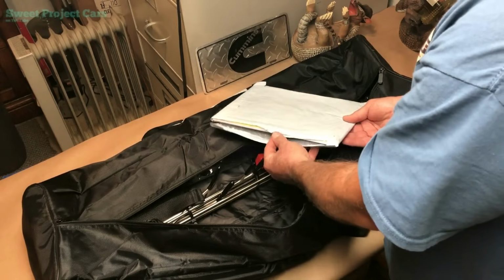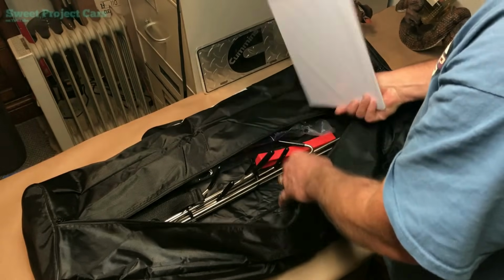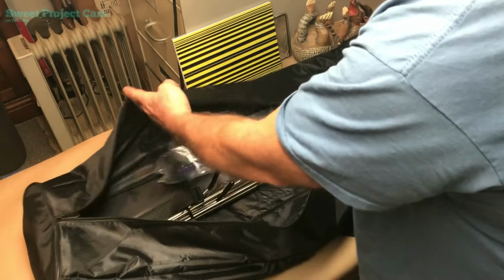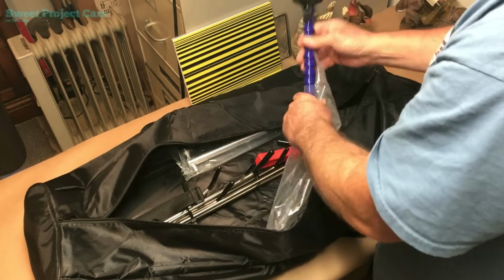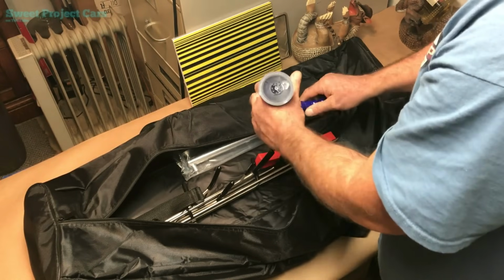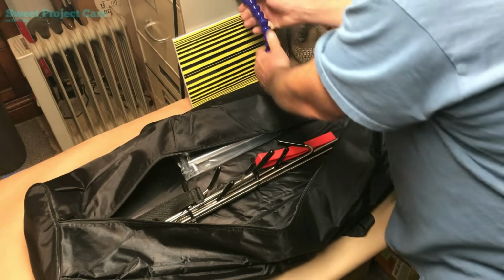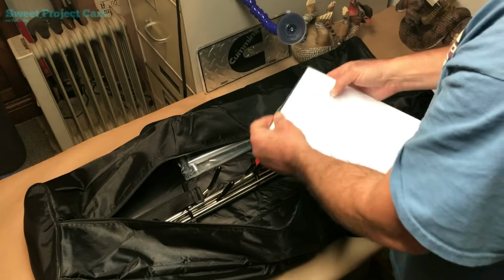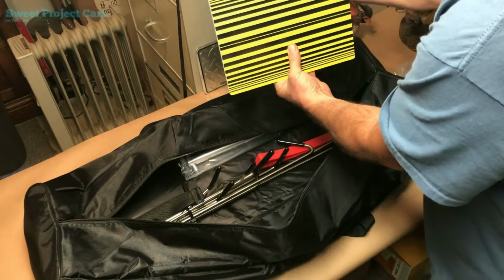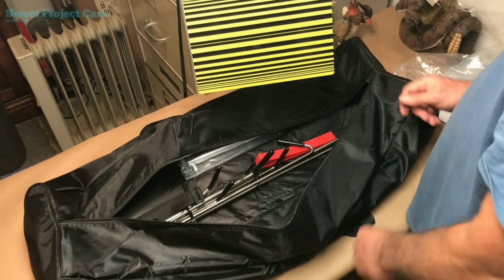First thing we have is our light board, our line board, whatever you want to call it. Comes very well wrapped. Love it. Then you have your suction cup that holds onto your light board, and it swivels so you can move it in any direction you want. Nice. And of course, your line board goes just like this. And you can adjust that however you need to get the lines to show up when you're doing your dent